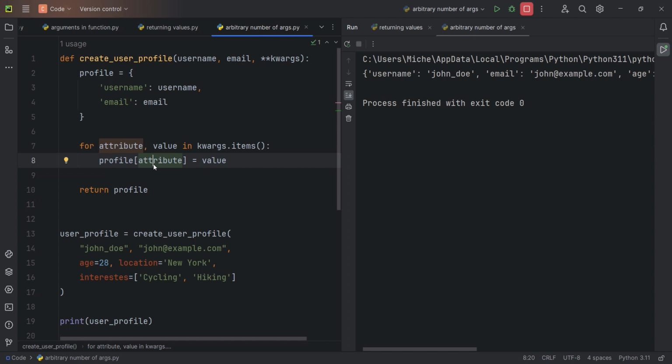So I'm not going to delve too deep into this because I've already covered dot items and all of that in the dictionaries video. But just to let you know, items allows you to go through the key value pairs of a dictionary. And then the attribute is set as a key and the value is set to the value. And what does that mean? That means that the kwargs or keyword arguments